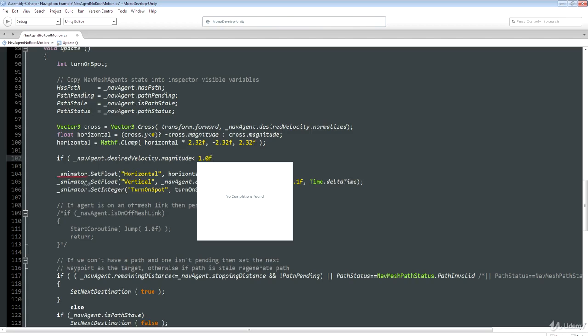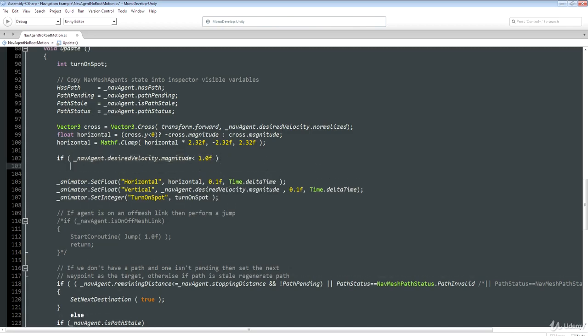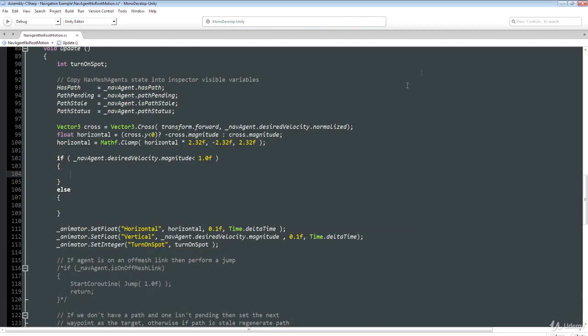Okay. Now this conditional isn't finished here. We need to add another clause here, but I just want to map out what this piece of code is supposed to look like. So when we detect that the desired velocity of our nav agent has dropped to a low value, we want to actually stop the nav agent from moving, because we've seen on our previous nav mesh agent examples that what the nav mesh agent will actually do by default is it will literally stop for a split second, and then it will just speed off in the opposite direction, perhaps spin 180 degrees on a dime,